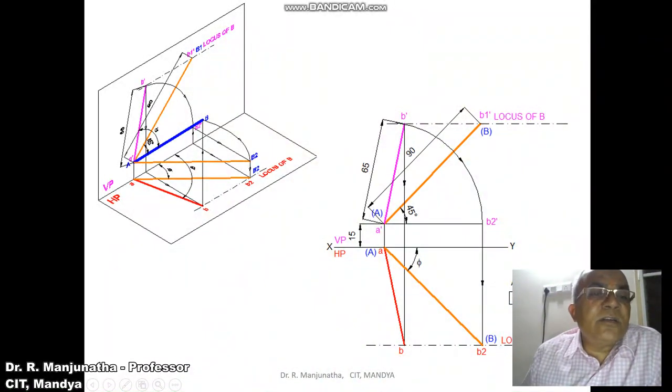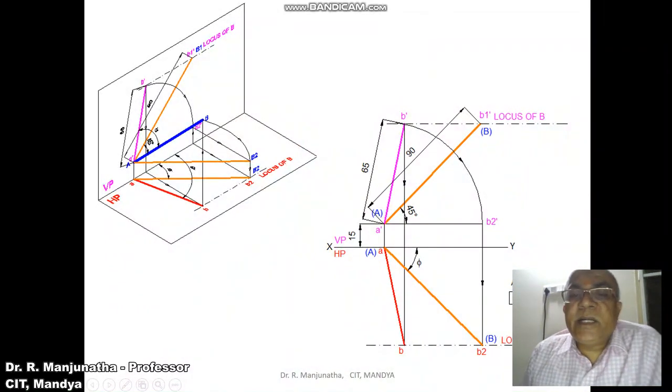To find the true length in the horizontal plane, once you get the front view and top view, you will get this line. Once you get this, with A as center, taking the radius of AB, you rotate it and make it parallel to XY line. That is, A is above HP by 15 mm and B2 is also above HP by 15 mm. So when it is made parallel to HP, when you look from the top view, you will find the true length in the horizontal plane. But when you are rotating in space, the front view is also rotated and made parallel. A dash is above HP by 15 mm and B2 dash is also above HP by 15 mm. So that is what we have shown here.